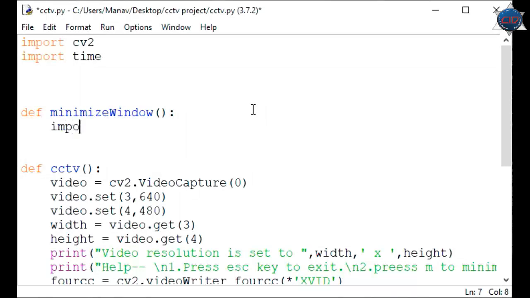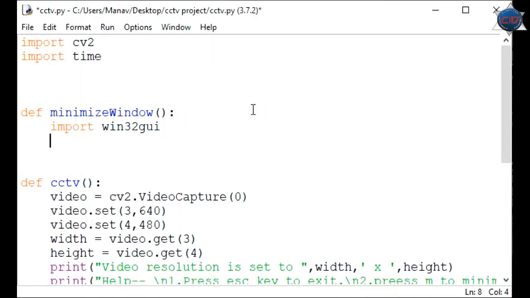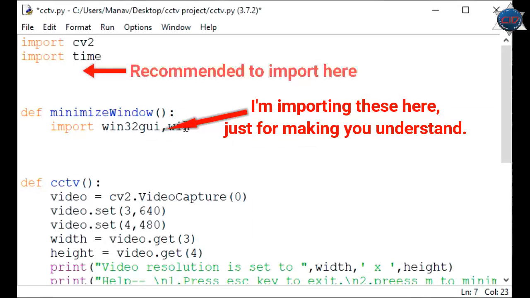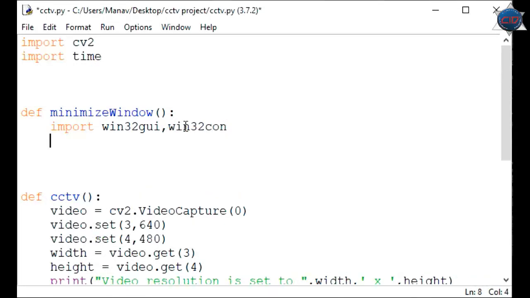So I'm importing win32gui, and also let me import win32con. So both these modules are imported.